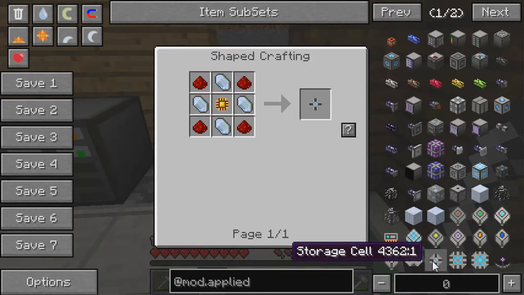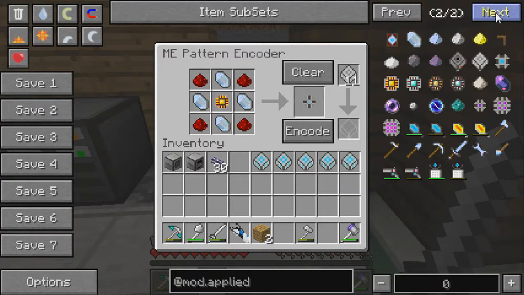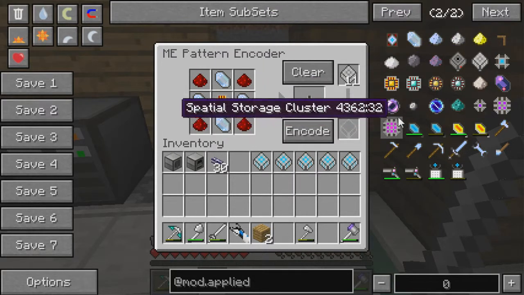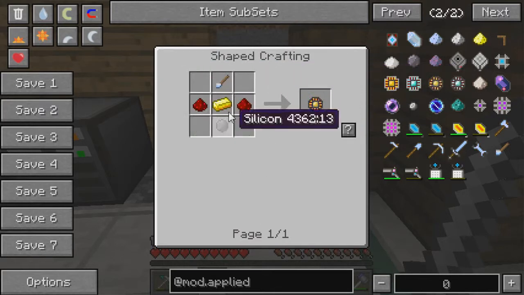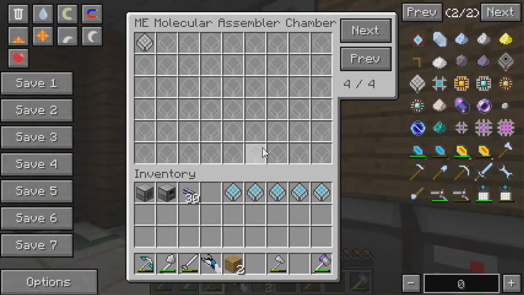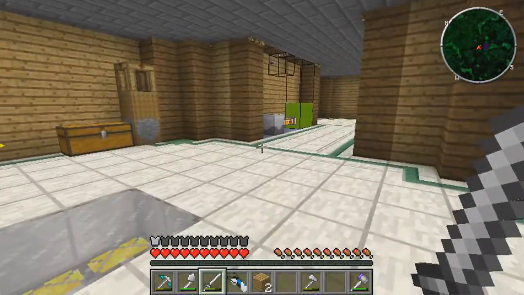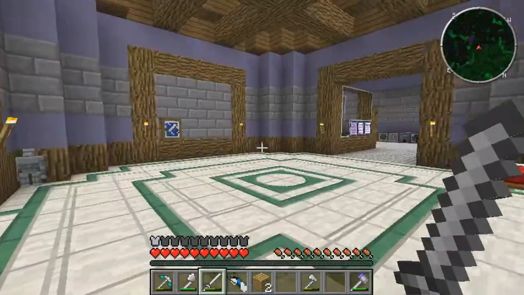Maybe a storage cell. Why not? We can do that. Encode. Grab that. We have so much space in our system that doing this is actually probably a good idea. I don't want to do these only because they need the quartz cutting knife, and I'm not sure how well that works with the crafting, whether or not the used items can be done. So we're just going to leave that as is. We're going to clear that, and then we're going to stick these into here. Perfect. We now have all of our recipes,